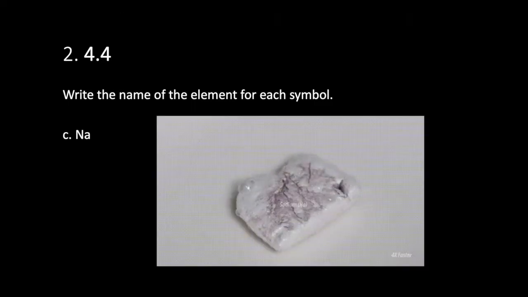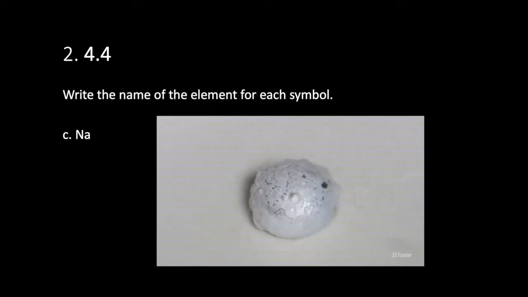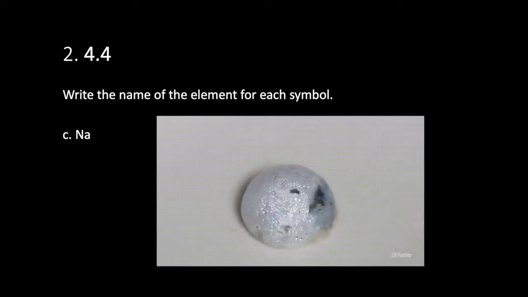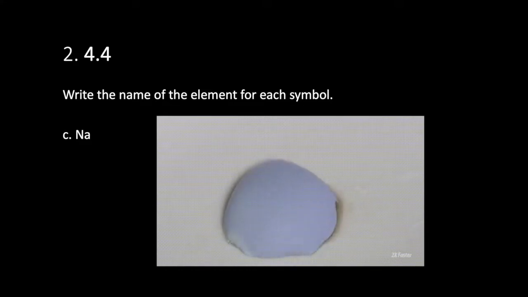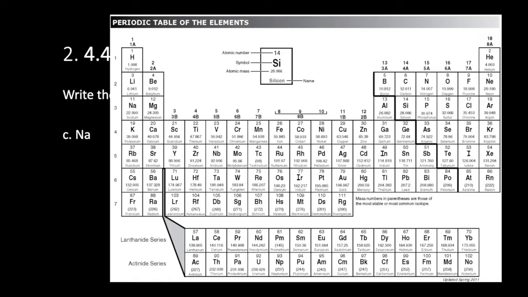All right, so Na is coming from, this was another element that the Romans had been familiar with. This is sodium. Here you can see sodium burning in air. So you're just heating up sodium and it's turning into these different forms. It's coming from the Roman name natrium. So that's why it doesn't resemble the English word, but that's in column or group 1A. Go down, you see the Na is sodium. So you would want to write down